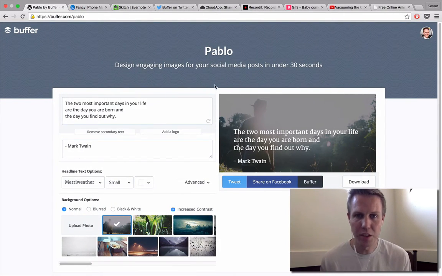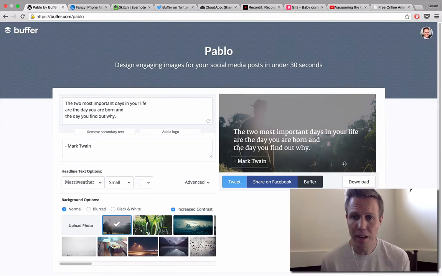The first tool I love to use is Pablo, which is one that we built for us here at Buffer. And the idea behind it is to help you make images for Twitter and social media in 30 seconds or less. And the great use of it here for me personally is adding text on top of images. So quotes is one way to do that. Headlines or snippets from blog posts or quotables, things like that. They work really great inside Pablo.